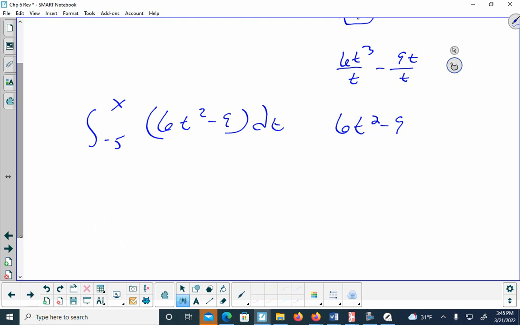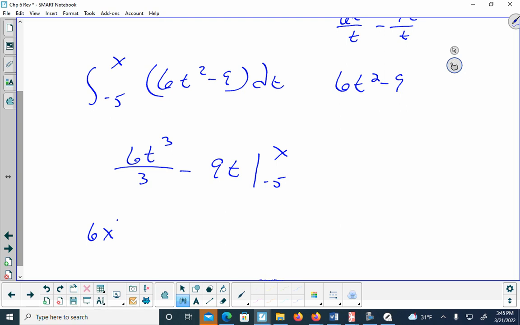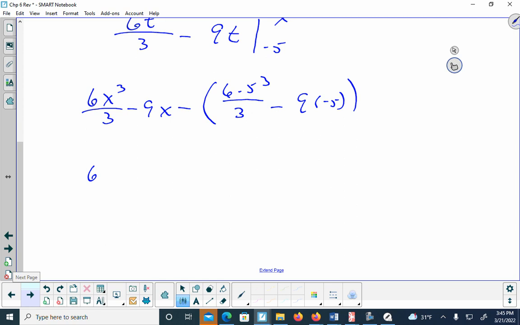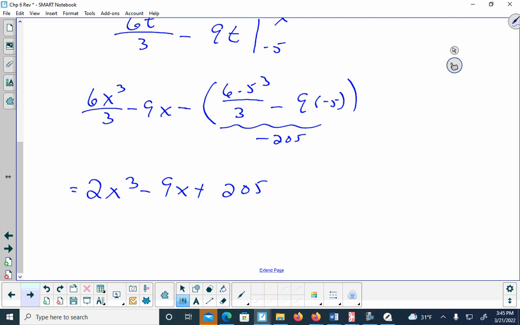So when I take the antiderivative, I'm going to have the 6t raised to the third power divided by 3 minus 9t, from negative 5 to x. So now I'm going to substitute the x in. So I'm going to have 6x to the third over 3 minus 9x minus, and now I'm going to substitute the negative 5. So 6 times negative 5 to the third over 3 minus 9 times negative 5. When I do that, it's going to be 2x to the third minus 9x. And then this whole thing ends up being negative 205. So we're going to do minus negative 205 to become positive 205. And that is going to equal